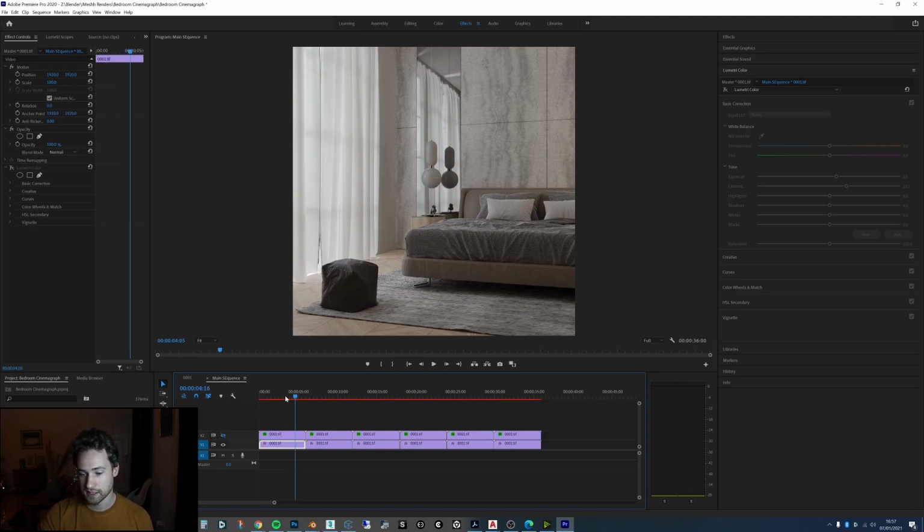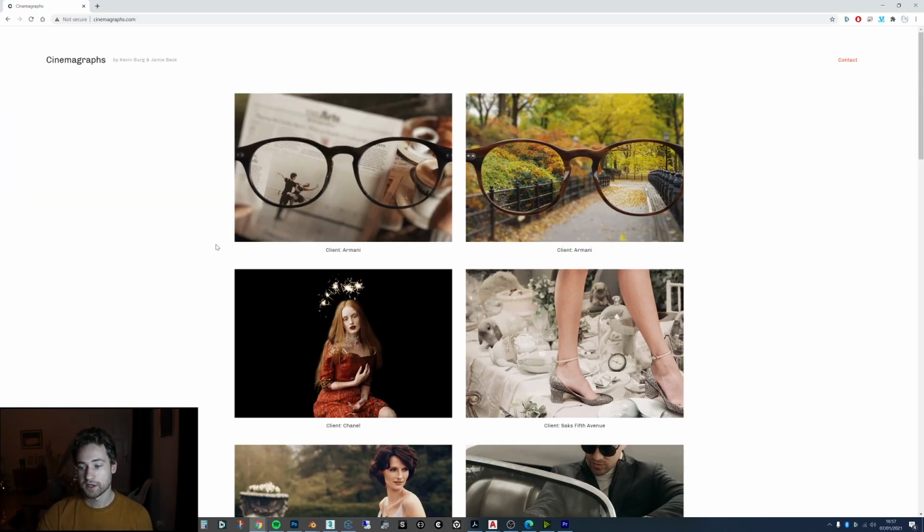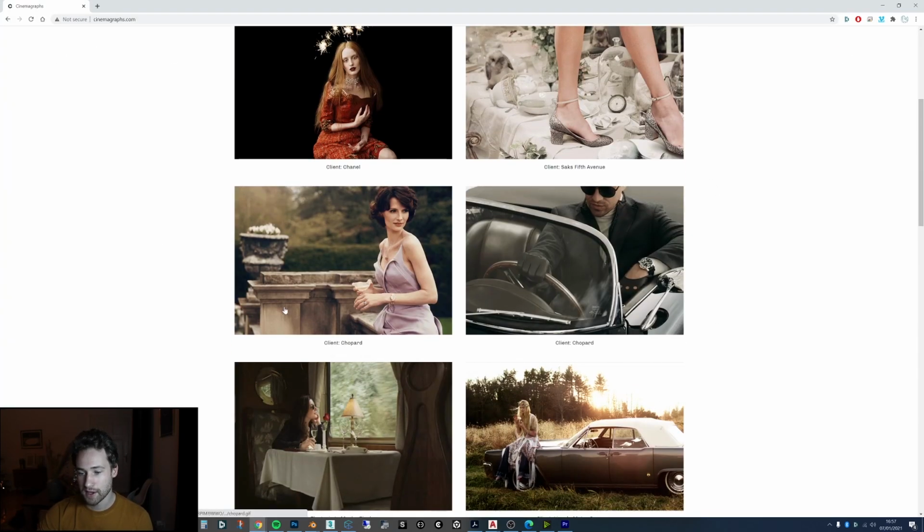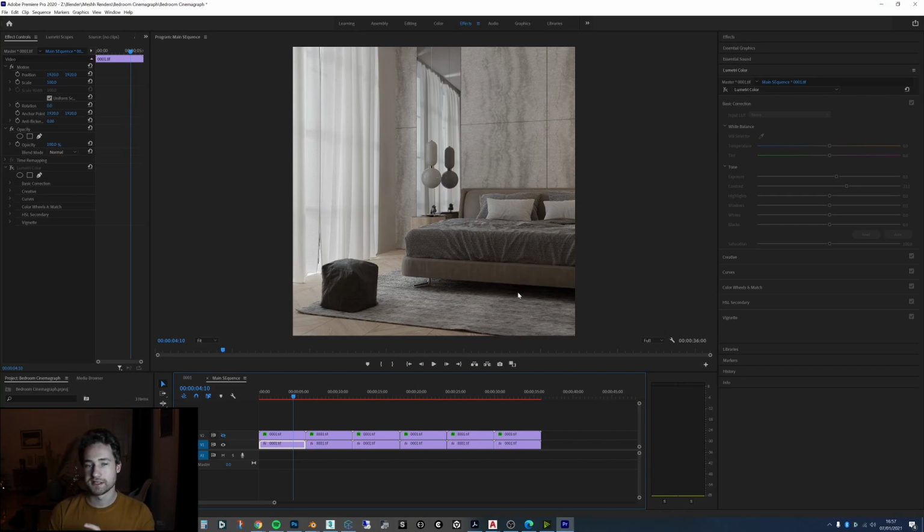So if I move it across here, this one doesn't move, because what I found was that the denoiser kind of changed over time, and it made a grainy effect. But if we look at some cinemagraphs, you'll find that some parts of the image are completely static, so there's not even any noise changes. It's as if only this part of the image is what's moving. So I used that to my advantage, since the denoiser was still a bit grainy and made some horrible effects over the image.